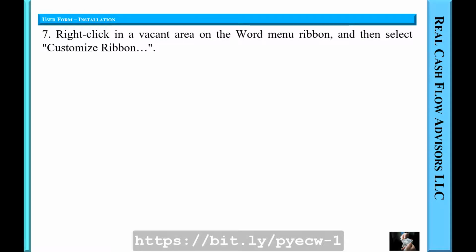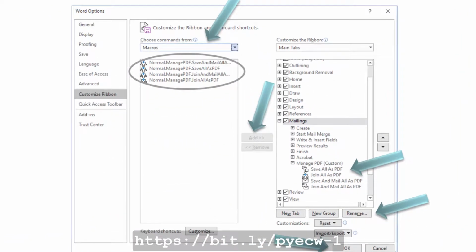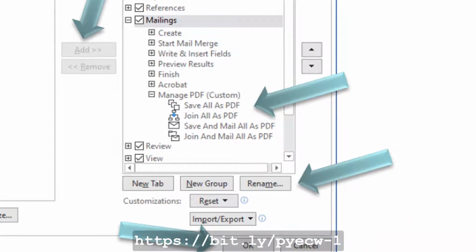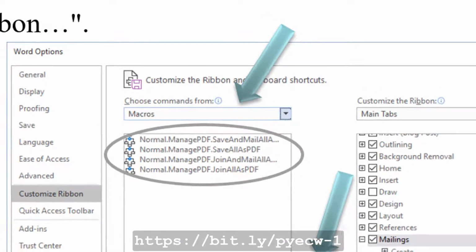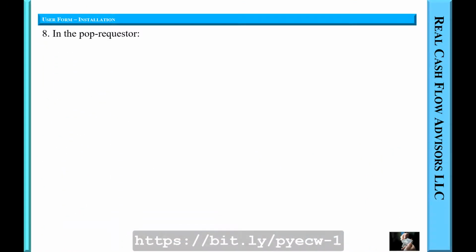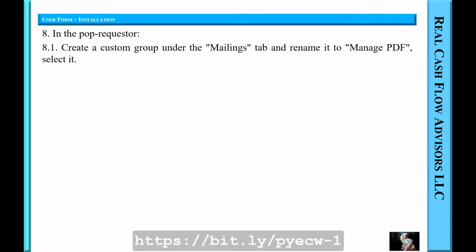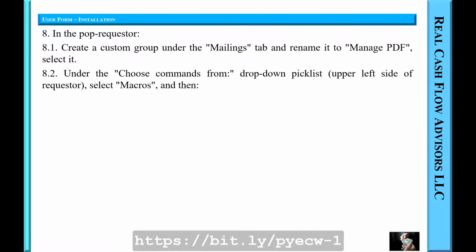Right-click in a vacant area on the Word menu ribbon and then select Customize Ribbon. This pop-up requester will appear. The arrows show the important parts of this requester. In the pop-up requester, create a custom group under the Mailings tab and rename it to Manage PDF. Then select it. Under the Choose Commands From drop-down pick list, upper left side of the requester, select Macros and then